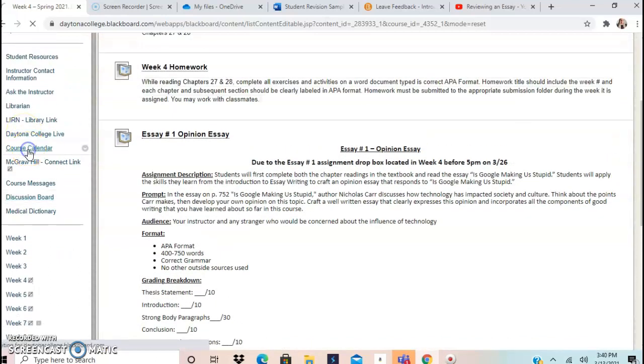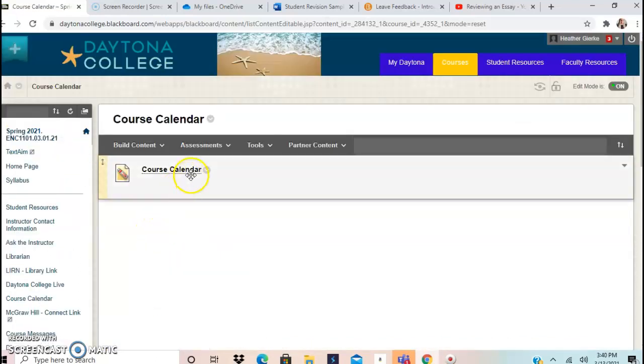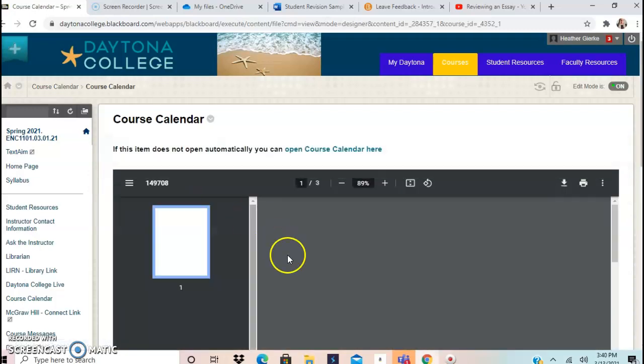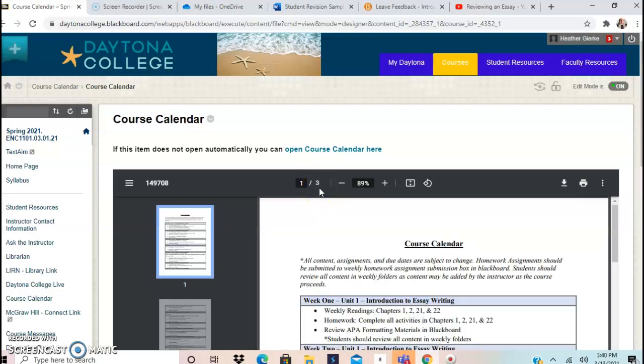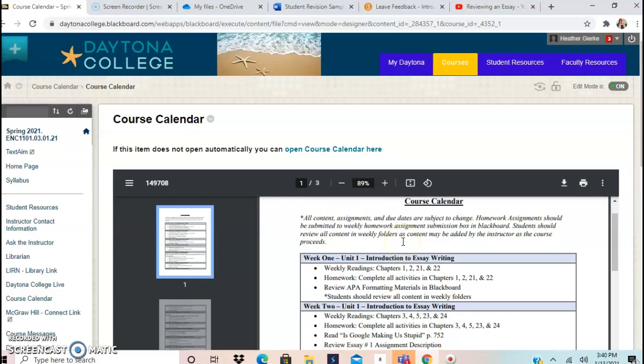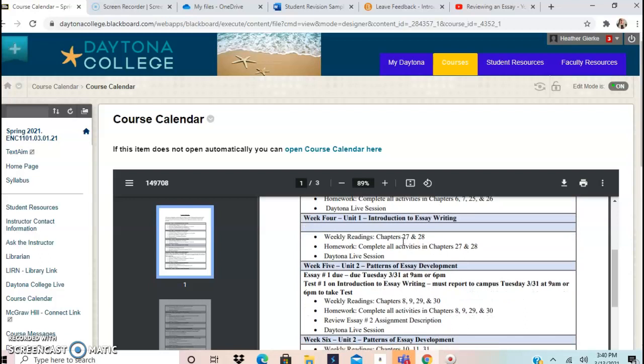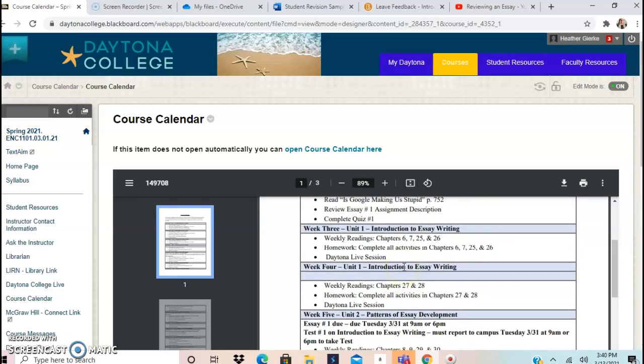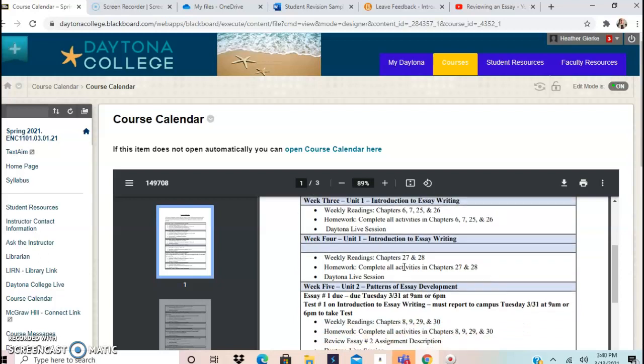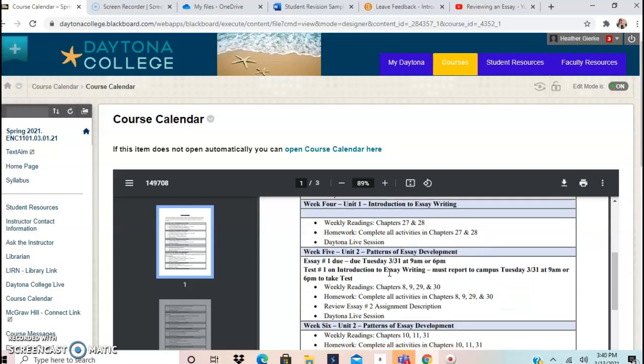I did change the course calendar. I know I talked about this a little bit last week, but if you want to take a look, I did update the course calendar. Some things have changed a little bit. Because Tuesday is our class day, the college has asked that you come in and take your tests and quizzes on campus. So you should have taken quiz 1 last week on campus at some point. So moving forward, week 4,